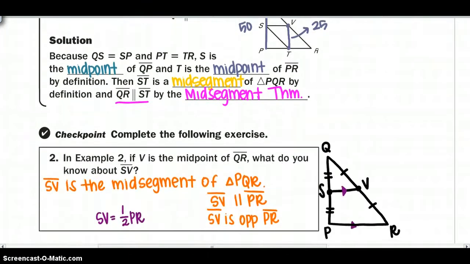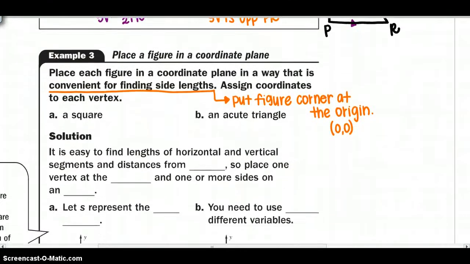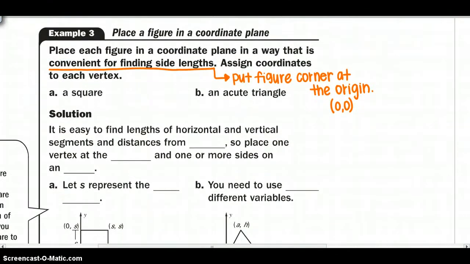All right, here is checkpoint number 2's answers. And we will move into example number 3. So we are going to place figures in a coordinate plane. So the directions are: place each figure in a coordinate plane in a way that is convenient for finding the side lengths. So when you see that, you should think from now on placing one corner at the origin,